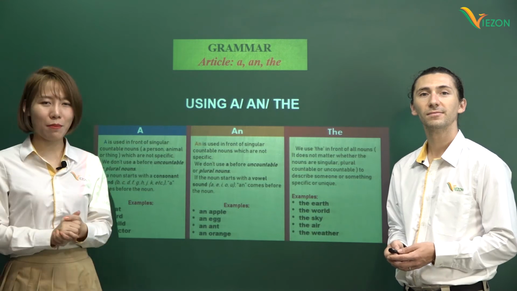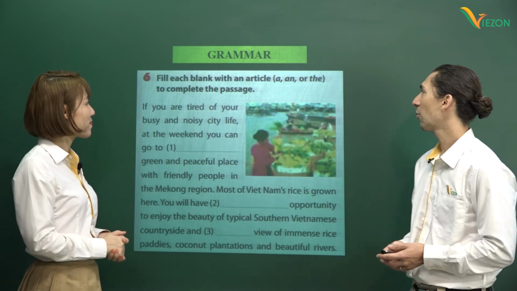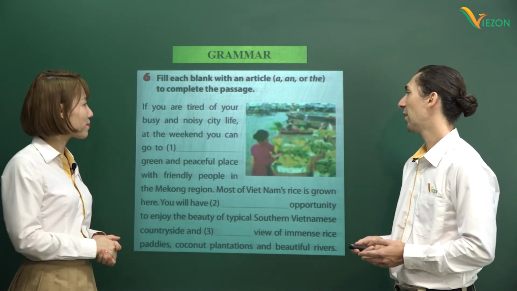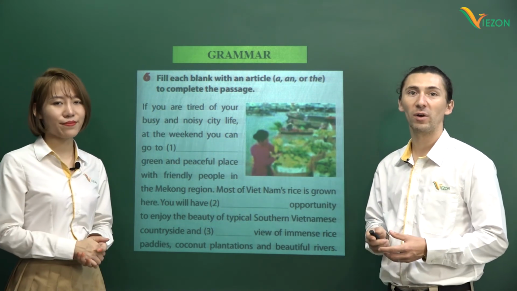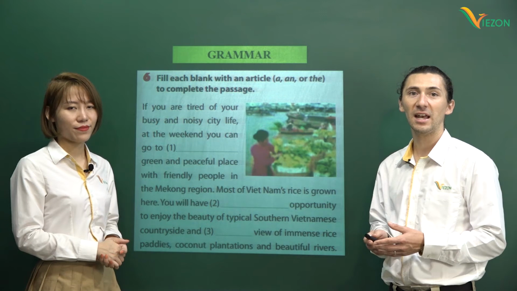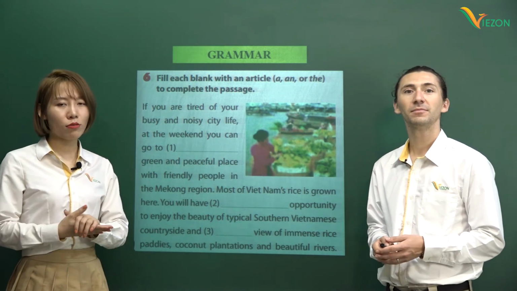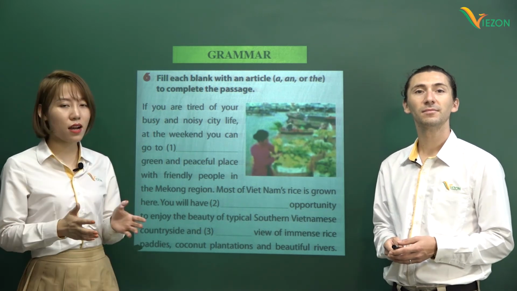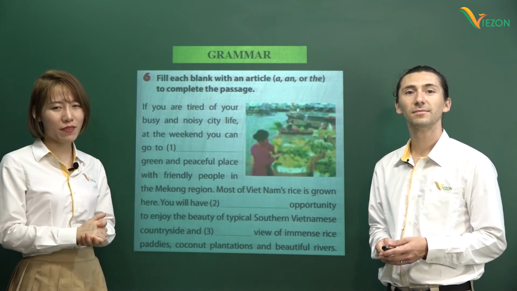Bây giờ chúng mình sẽ làm bài tập áp dụng nhé. Teacher Manny. All right, let's continue. So now we're going to practice using the articles a, an, and the. So we have a simple fill in the blank for a short paragraph, and we have to choose the correct word to use, whether it's a, an, or the. Teacher Hien? Với bài tập áp dụng thì đầu tiên chúng mình hãy điền vào chỗ trống là gì? A, an hoặc là the, và các chỗ trống sao cho phù hợp giúp cô nhé. Áp dụng kiến thức chúng mình vừa học xong.